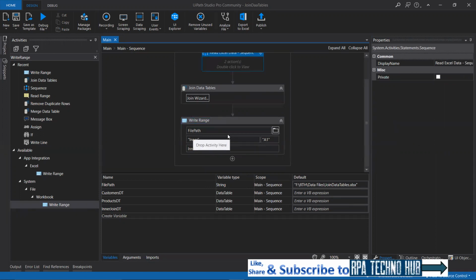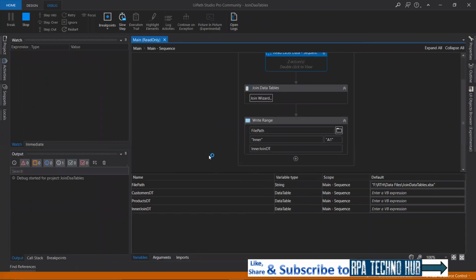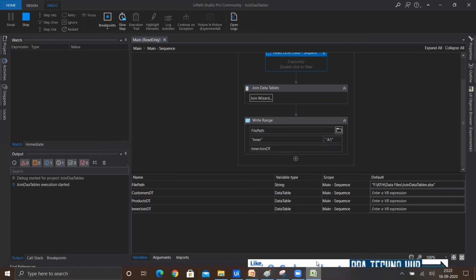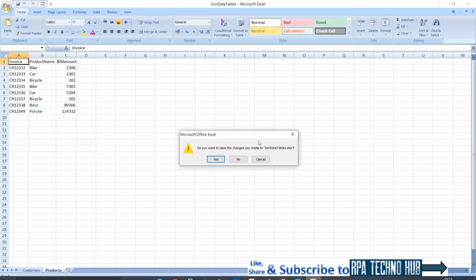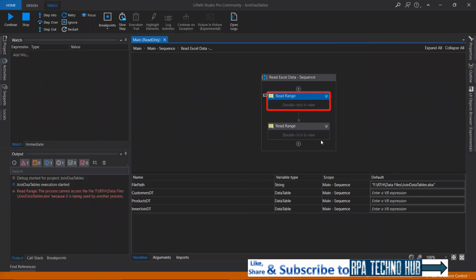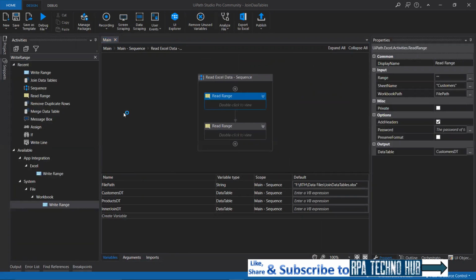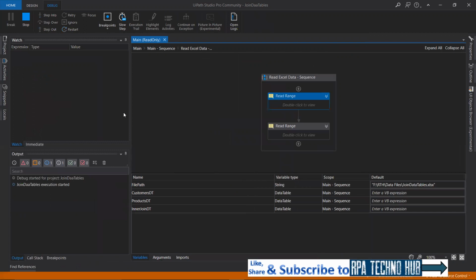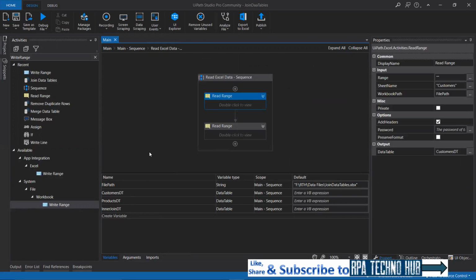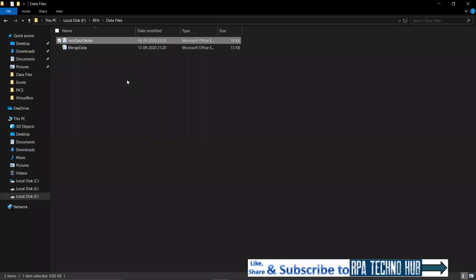So I'm doing F5, that is a debug run. I think the sheet is open. Let me just close that. The sheet was open. Let me just give it a run again. There is F5. The execution is completed. Let me just go to that sheet and show you